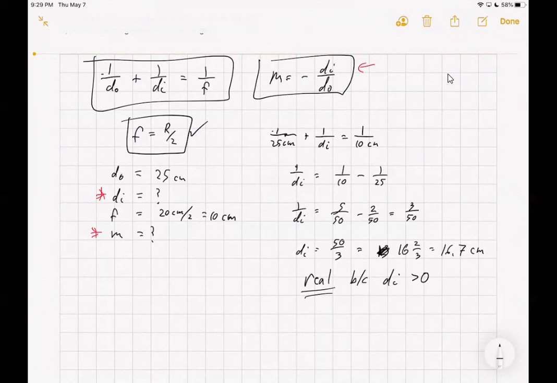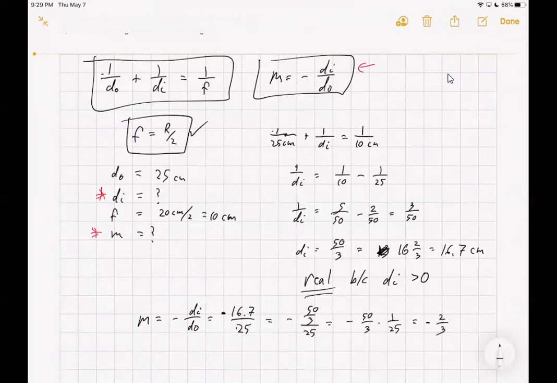Okay, so we have that taken care of, and now it's pretty easy to find the magnification. It's just negative of di over do. So di we just found to be 16.7 over do, which was, let's see, that was 25. We might actually want to go back to the fraction. So it's negative 50 thirds over 25, and instead of that, we can say 1/25. Oh, and that's very nice, negative